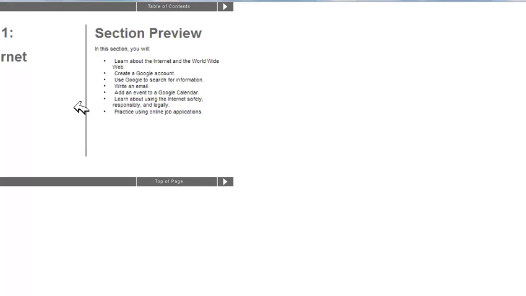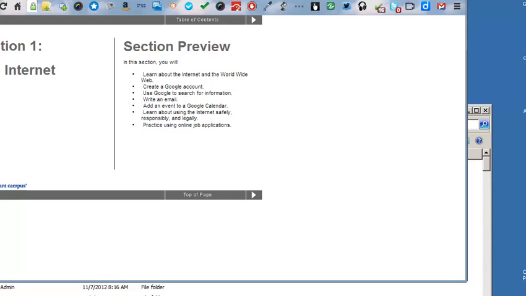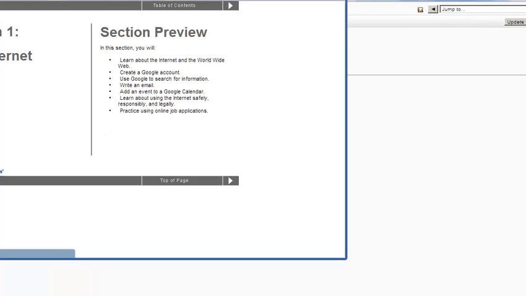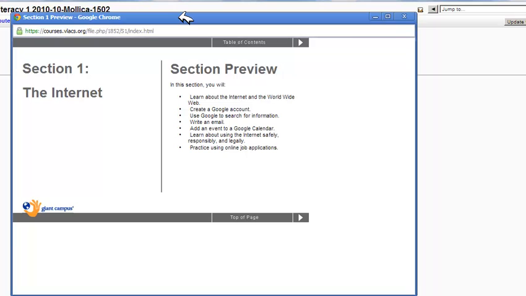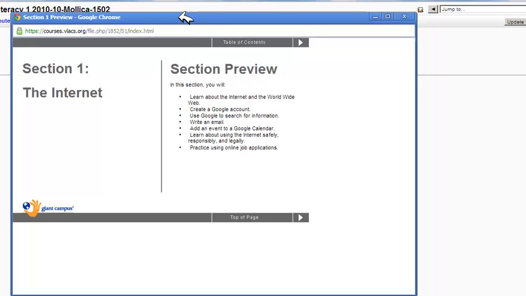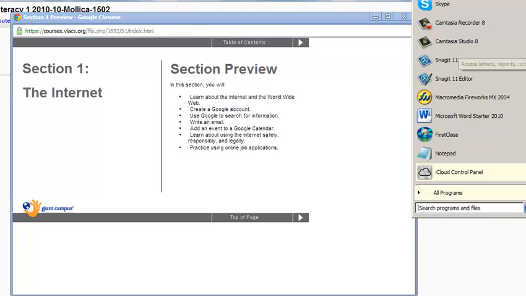It will either open in a new tab or in a new window. And let me make this bigger. So let me bring this forward. You can choose to have it open in a new window. If I right click and I choose open link in new window, then I have the option, remember to use my Alt Tab key to go back and forth between the course or a paper that I'm typing my notes on. So in this case, in this example, I'm going to start this lesson,